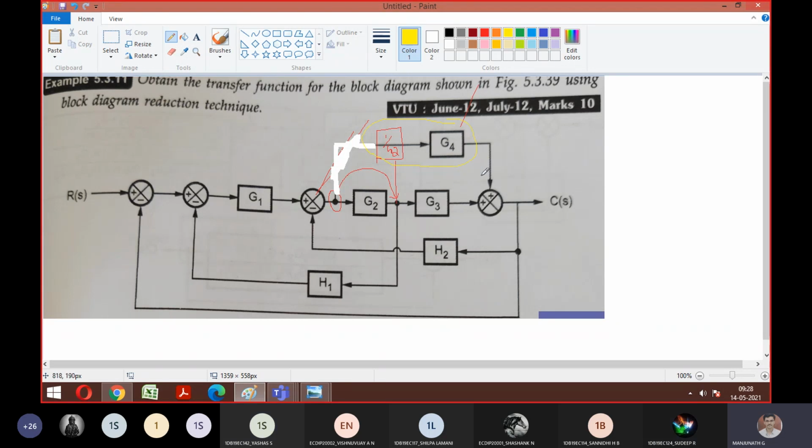Then that is okay. Let me repeat once more. Moving a breakaway point ahead of G2 is step number 1. Step number 2, cascading 1 by G2 and G4. Done. Step number 3. So this answer is going to be one block now. Correct? So this answer means it's G4 by G2. So that answer and G3 is going to be parallel. So I should do parallel for this. Is it okay?